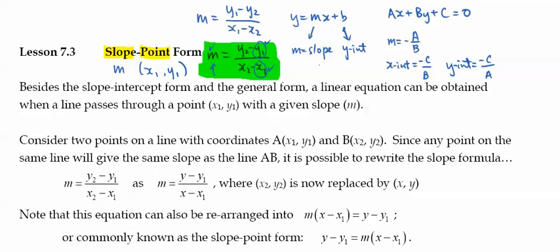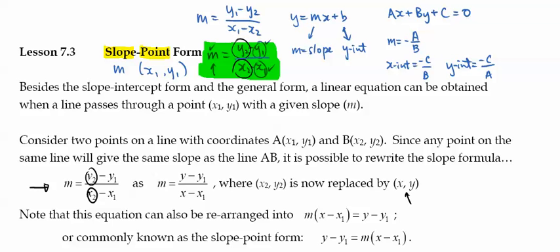So for that reason, if we are now using any random point on this line, I can simply call the x2 and y2 some random x and y coordinate, which means if I start with the slope formula, replacing the x2 and y2 with x and y,